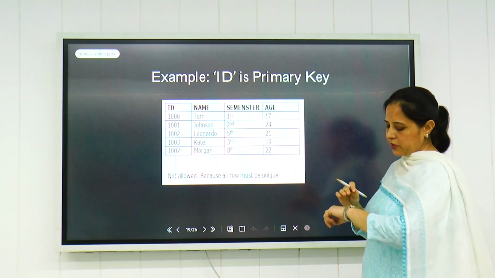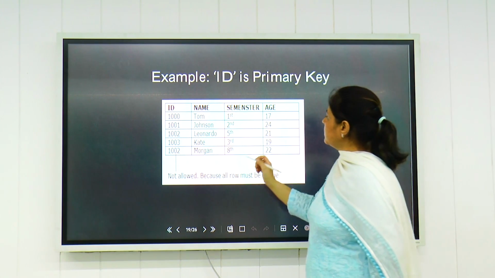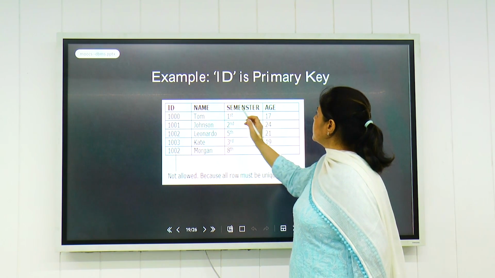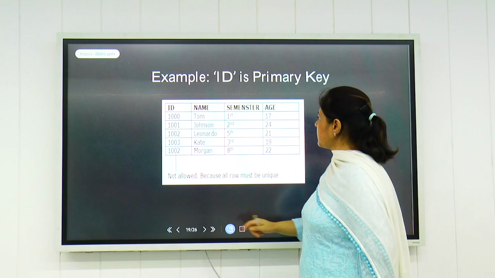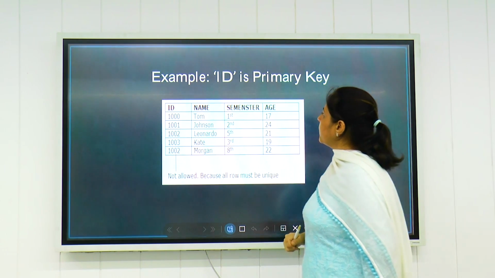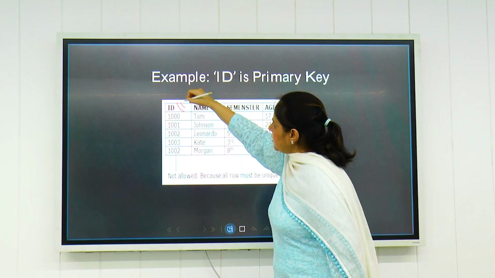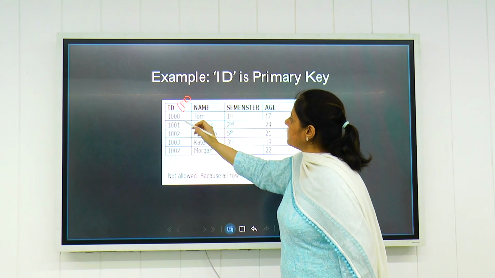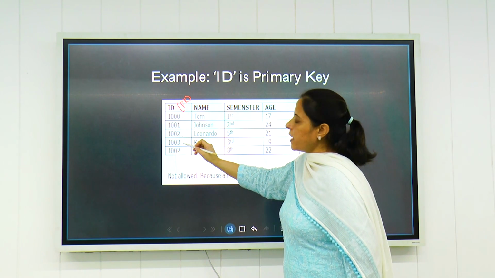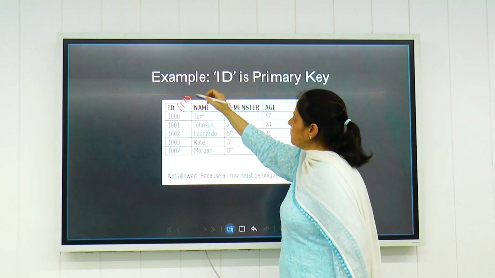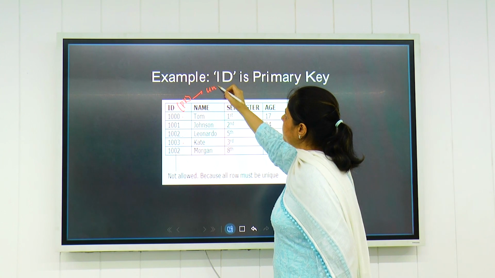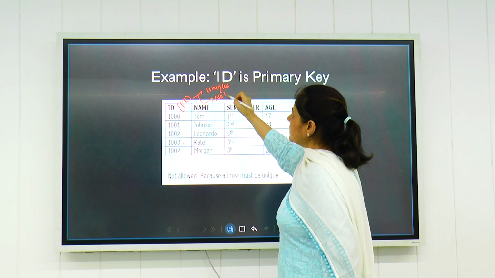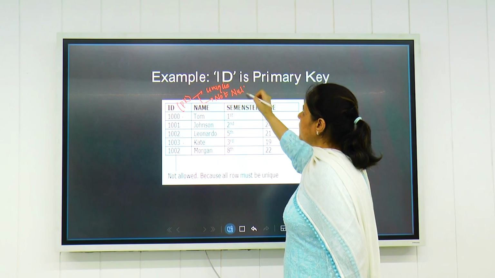If you see this example, we have a table in which we have student ID, the name, semester and age. If we have taken ID as a primary key attribute, it means every entry must be unique, and the second constraint is that no null values are allowed.